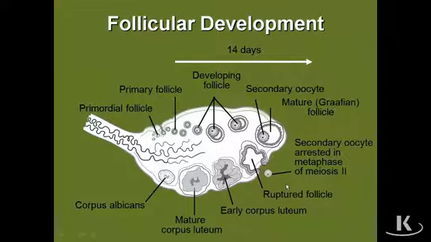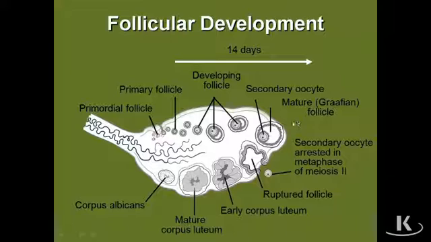So a primordial follicle, as we'll see, will be lined by a single layer of squamous granulosa cells. A primary follicle will be lined by a more cuboidal array, and the developing follicles will be progressively lined by a more stratified epithelium consisting of granulosa cells. Once a developing follicle acquires a cavity, it forms basically a secondary follicle that then matures to form a Graafian